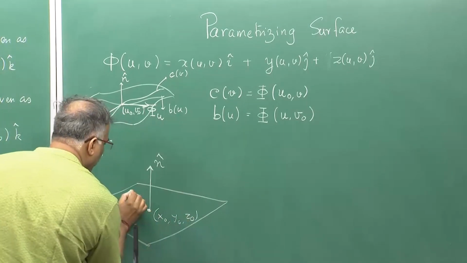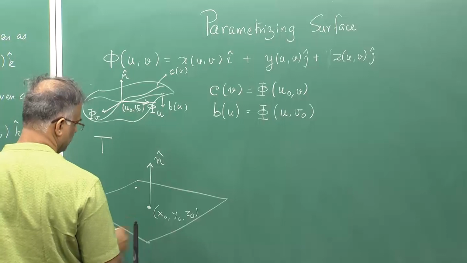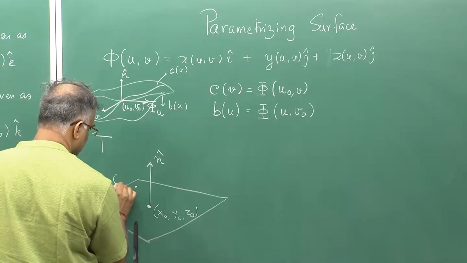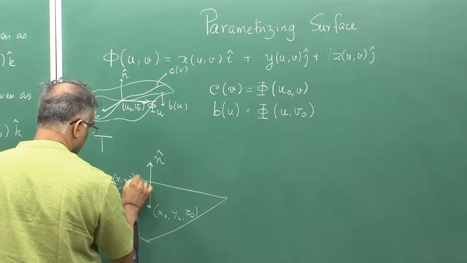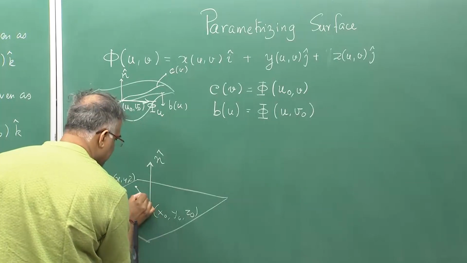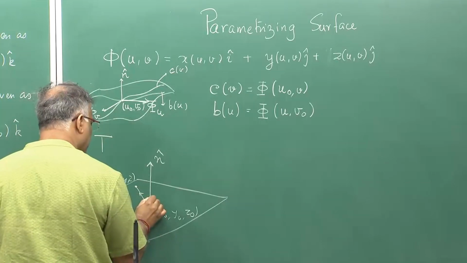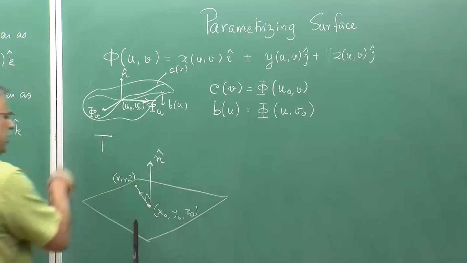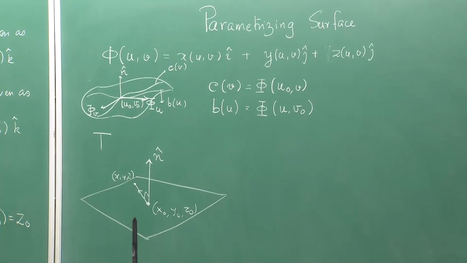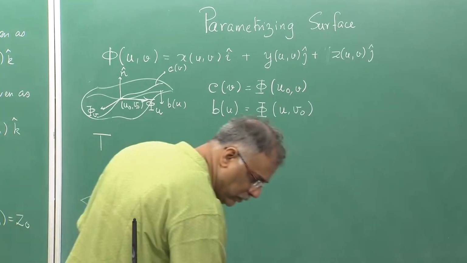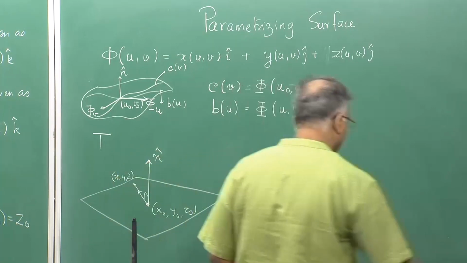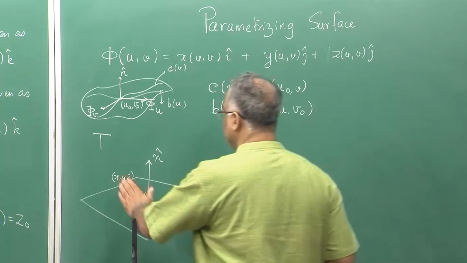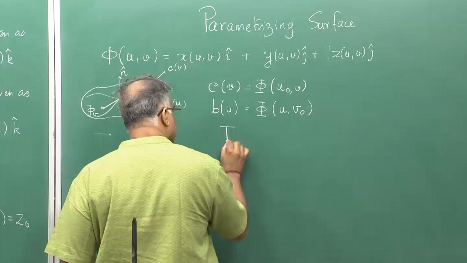Now, if you take any point x, y, z here, then this vector should also be perpendicular to the n vector, because it is lying on the plane. That is how the plane would be defined, and thus the tangent plane is defined as